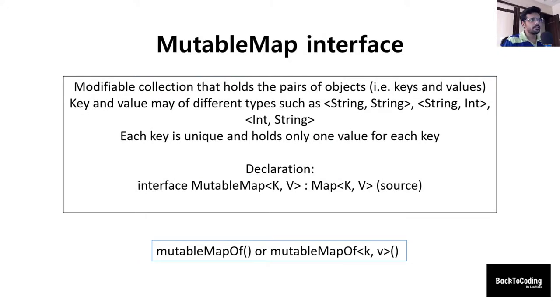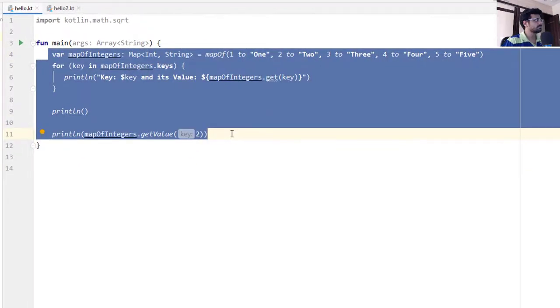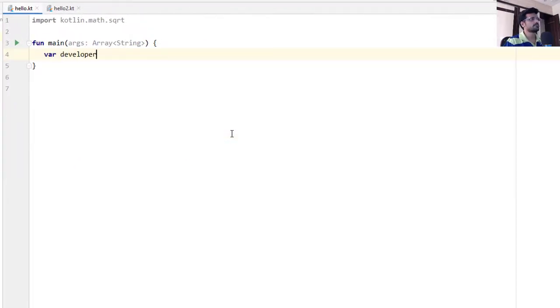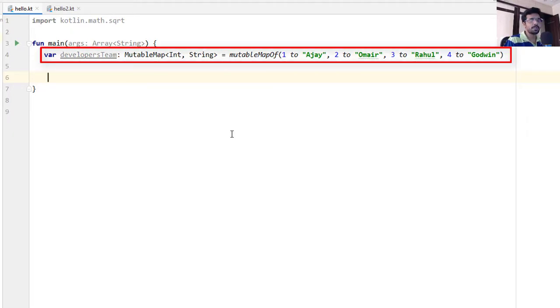Let's see it practically. This is how we declared the mutable map.